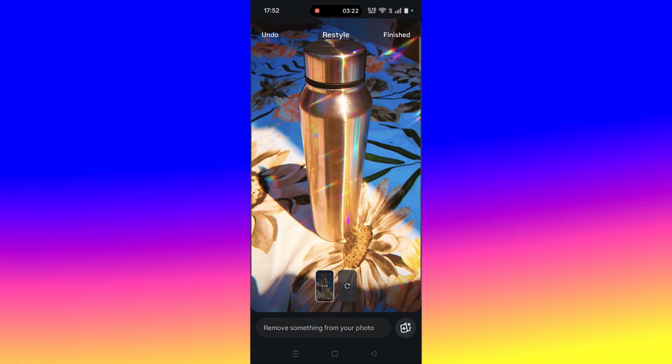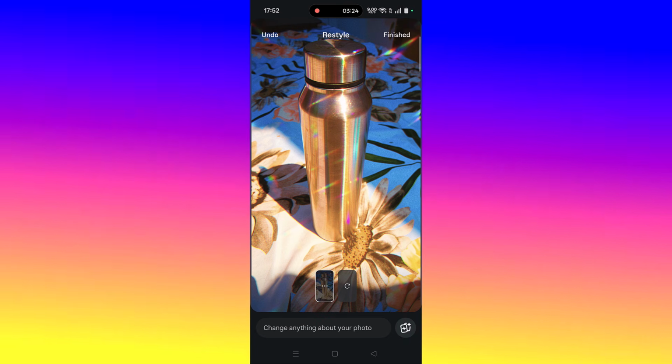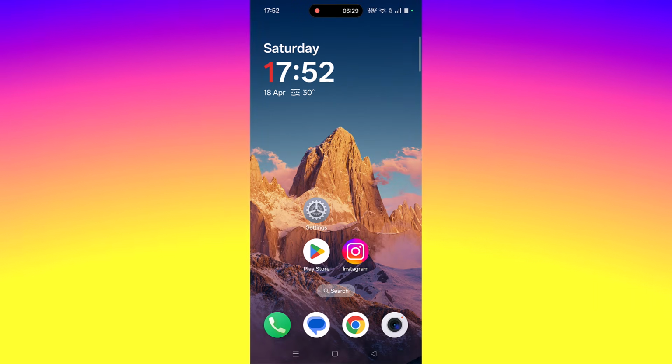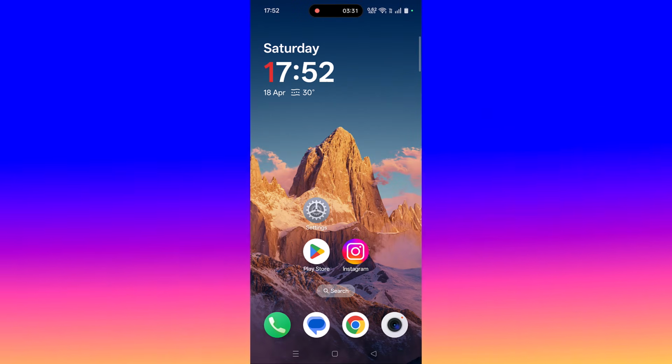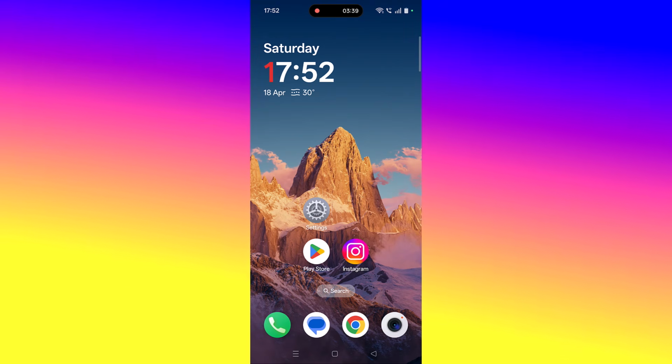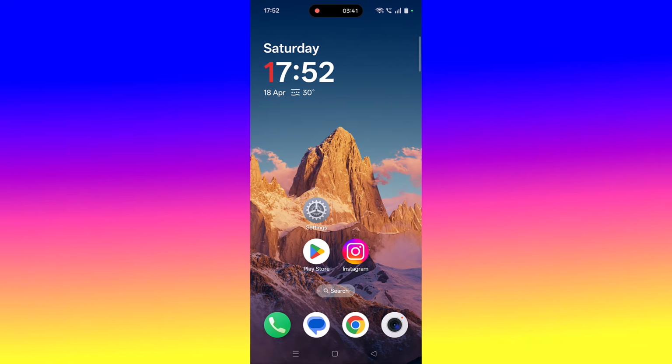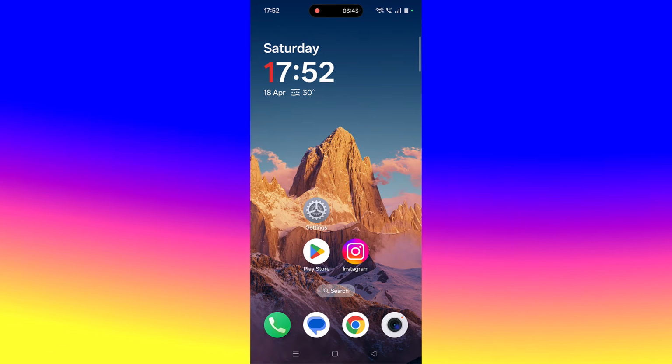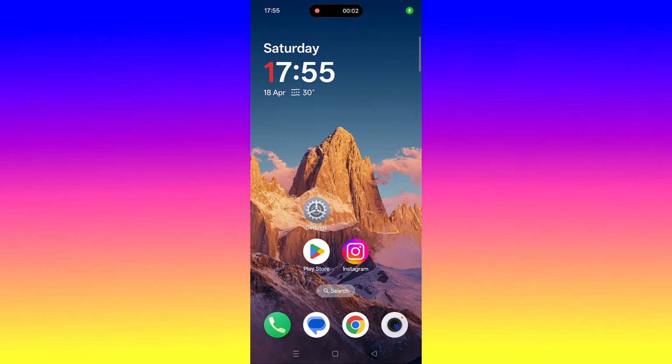So I hope you can easily fix the Instagram Restyle "something went wrong" problem by following these steps. Now if your problem is still not solved, then you can also log out and log in to your Instagram app. So simply sign out of your account and then log back in and check if your problem is solved or not. And if still your problem is not solved, then the last solution is to uninstall and reinstall